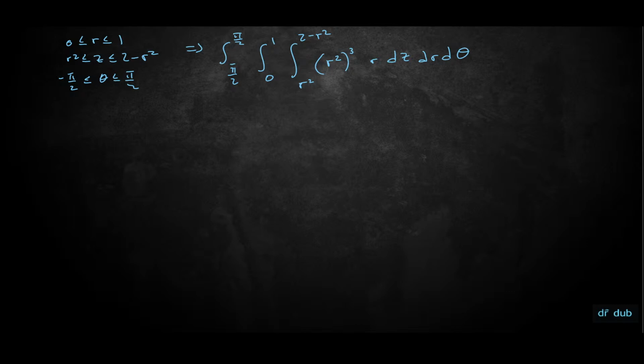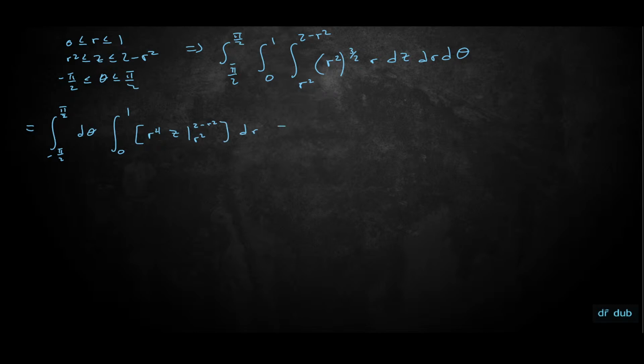And again, it's not quite separable because the z bounds have an r in it, but the d theta can come out front. So this is going to be equal to integral negative pi over 2 to pi over 2 d theta, integral 0 to 1. And that should be 3 halves. So that's going to be r cubed times r, which is r to the 4, integrating r to the 4, which is like a constant with respect to z, we just get z from r squared to 2 minus r squared